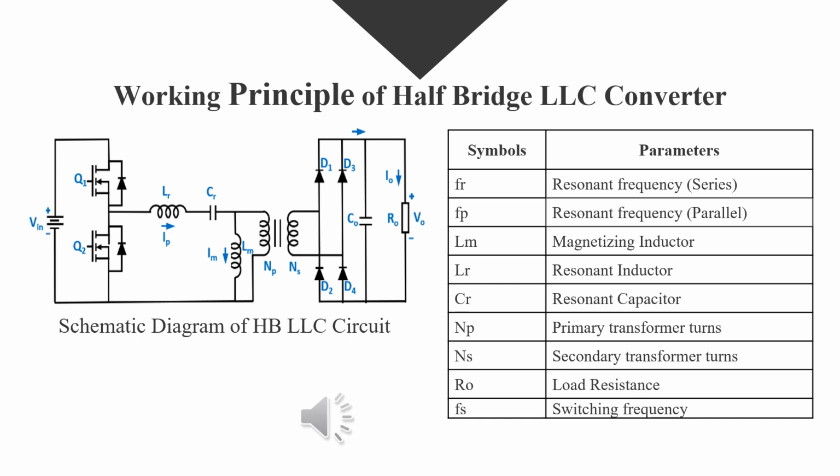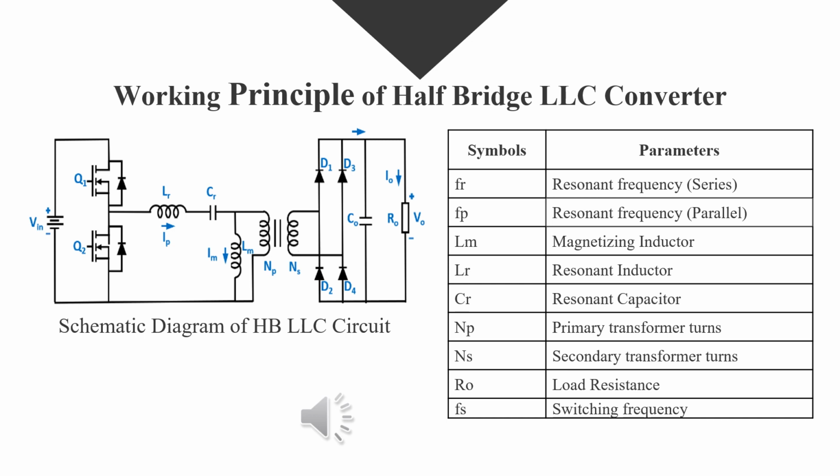The resonant circuit, also called a resonant network, consists of the resonant capacitor CR and two inductances. The series resonant inductance is called LR, and the transformer's magnetizing inductance is called LM. The transformer turns ratio is N. The resonant network circulates the electric current, and as a result, the energy is circulated and delivered to the load